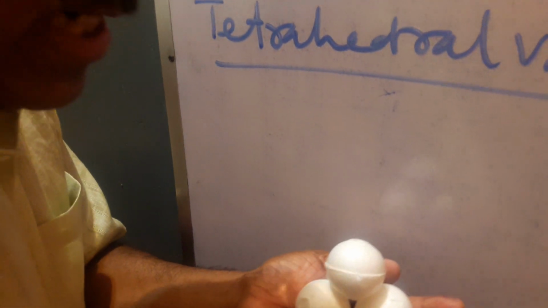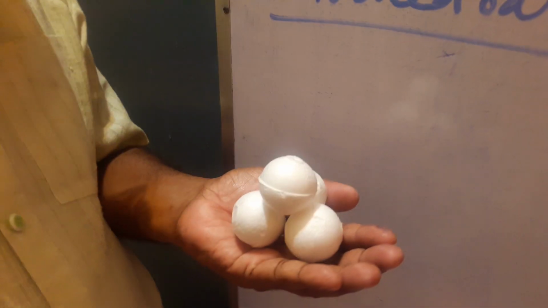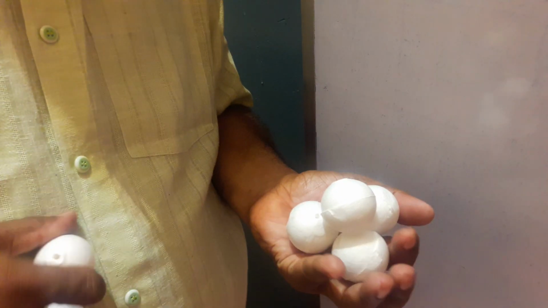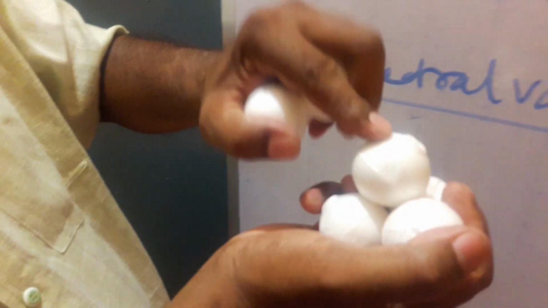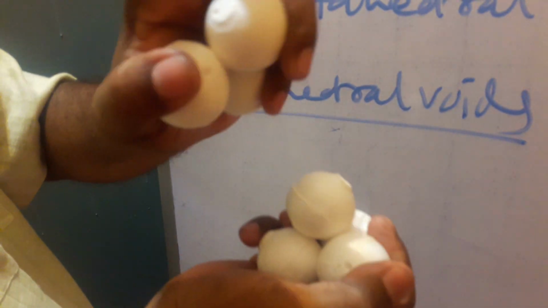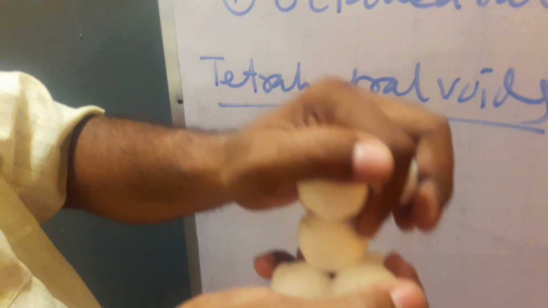Now, you see, in closed packing, this point can be associated with two types of tetrahedral voids. One, you see, this is a tetrahedral void. Another tetrahedral void is this one. Okay. Now you can just turn it up and down. But you find this one like this. That means each point is associated with two tetrahedral voids.